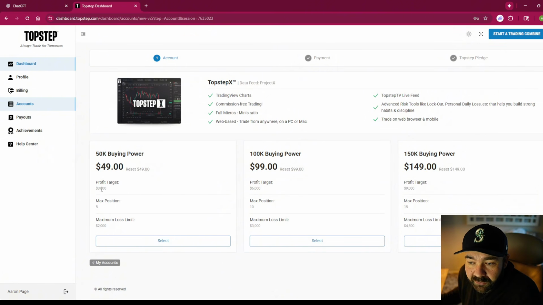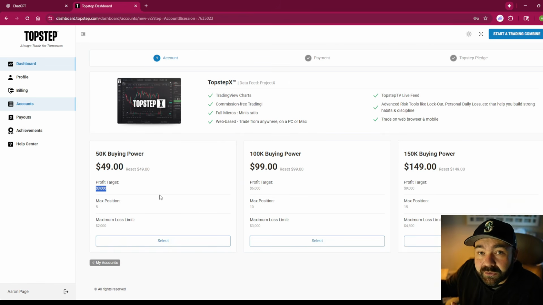You have to make a profit target of $3,000. You can't have more than 5 open trades going at a time. And of this 50,000, you can't lose more than $2,000. Otherwise, your account gets disabled and you have to pay $49 to reset it and reprove again that you can make $3,000 before it goes out of an evaluation stage into an actual account where you're trading and able to